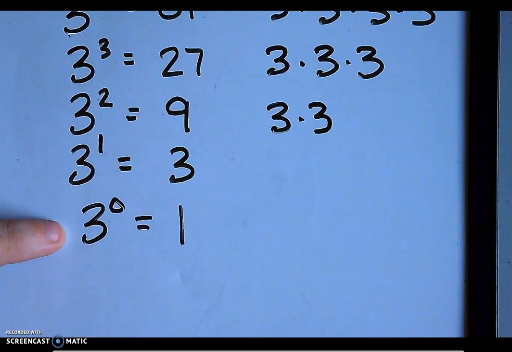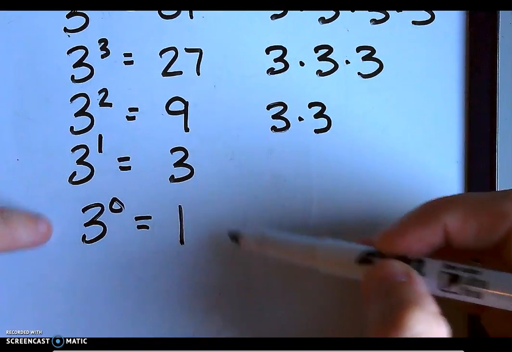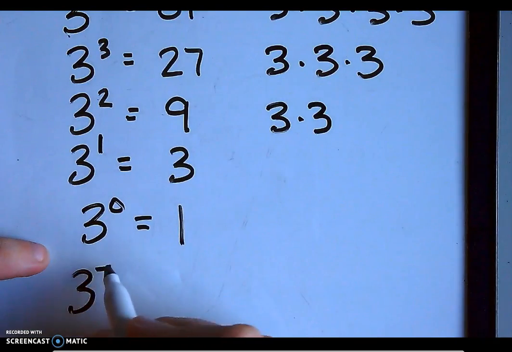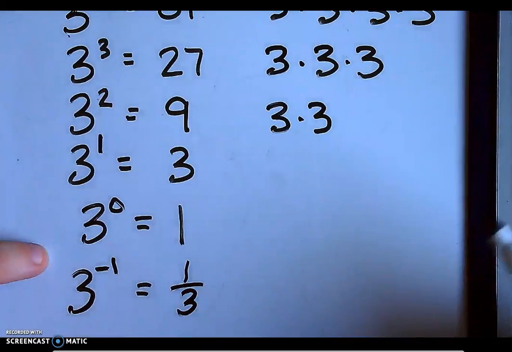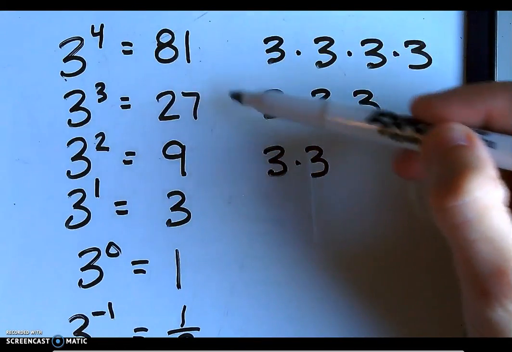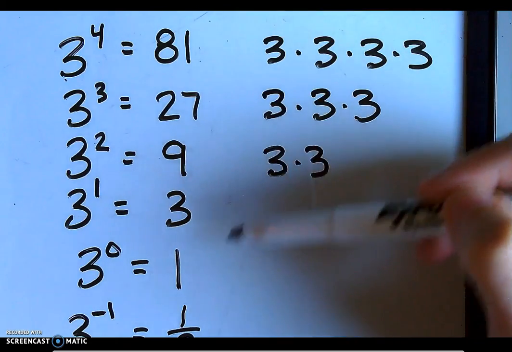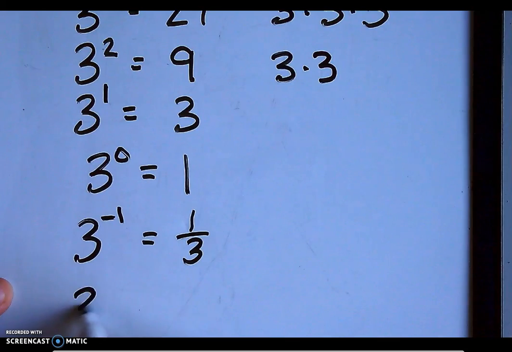As we continue down in that pattern, as I now go down by 1 in my exponent, when I have 3 to the negative first power, we're going to find that our answer is 1/3. Because again, as I'm continuing down in this pattern, every time down I am dividing by 3, dividing by the base. So what we see here, and what our rule is, is that any time I have a negative exponent,